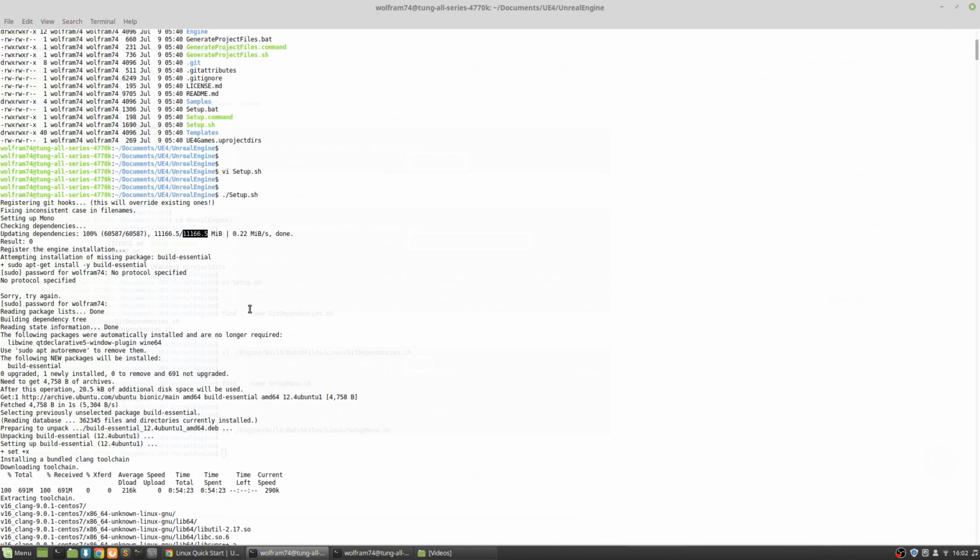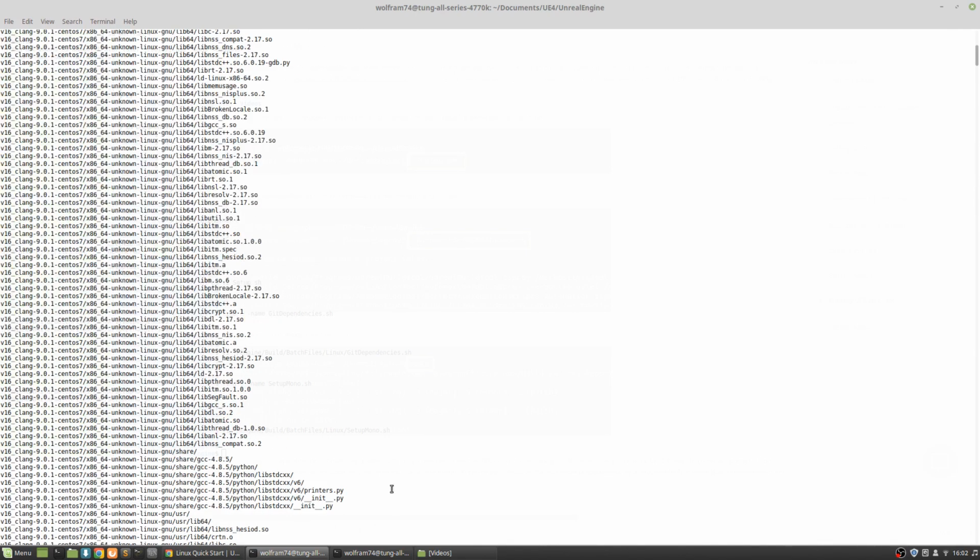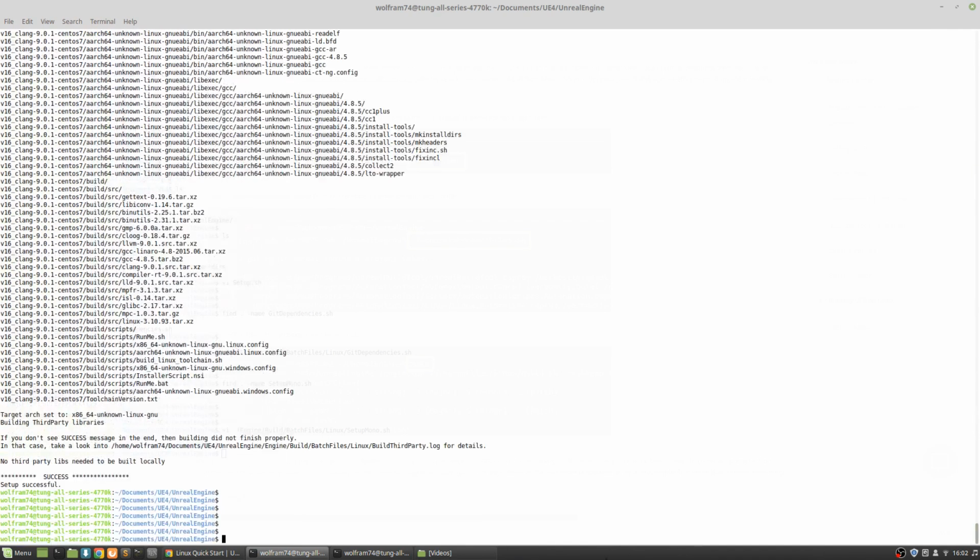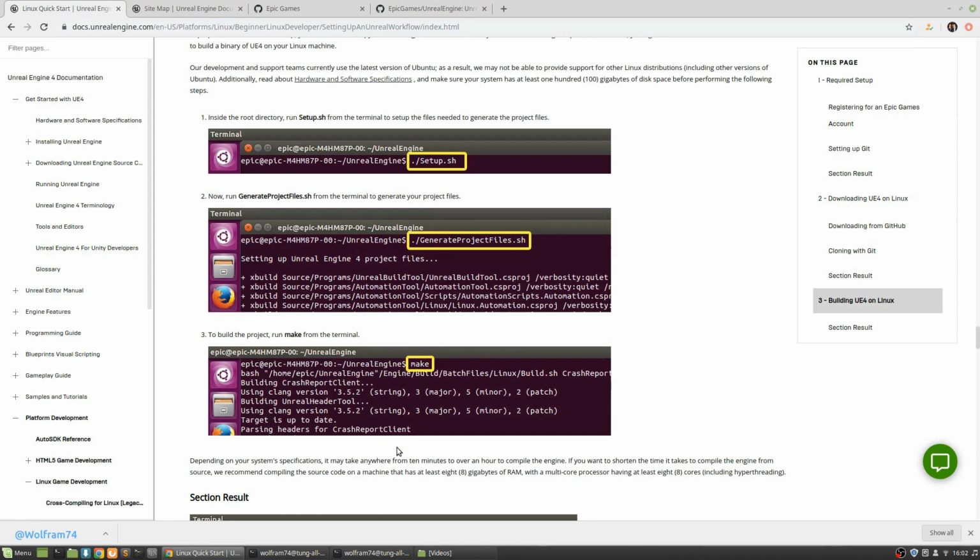But anyways, it eventually completed, and it asked for my password authentication. So after this finished, I just left this running in the background for a while. So I'll go to the next step and see how that goes.